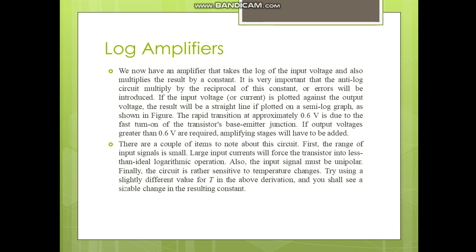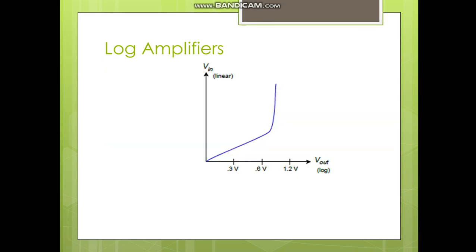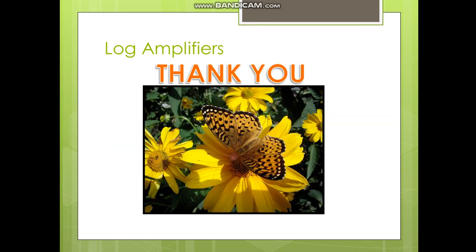Thus, there are a couple of items to note about this circuit. First, the range of the input signal is small. Large input currents will force the transistor into less than ideal logarithmic operation. Also, the input signal must be unipolar. Finally, the circuit is rather sensitive to temperature changes. Try using a slightly different value of T in the above derivation, and you will see a sizable change in the resulting constant. So this is the graph, and hence we see that we get a logarithmic output